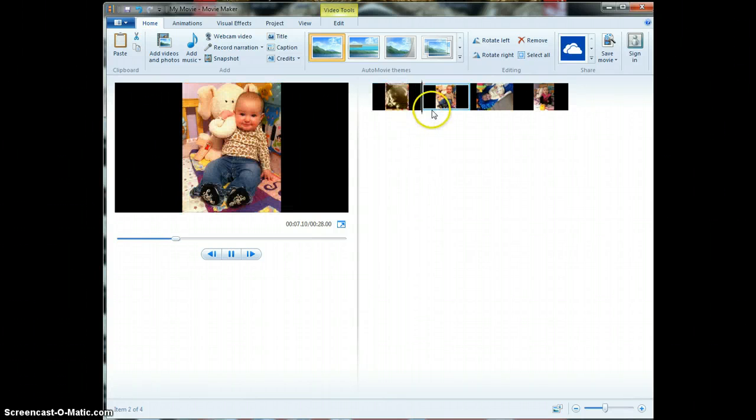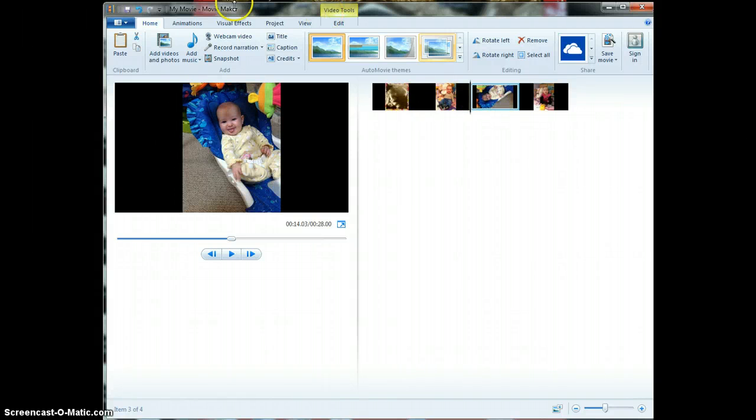Oh, this one is one of the sonograms, so I want that to be at the beginning. So all we have to do is click, drag, and drop exactly where we want it to be. You can preview your little movie or your digital storybook. You hit play, and on this right-hand side, you'll see exactly how long the different pictures are. If you would like, let's see,